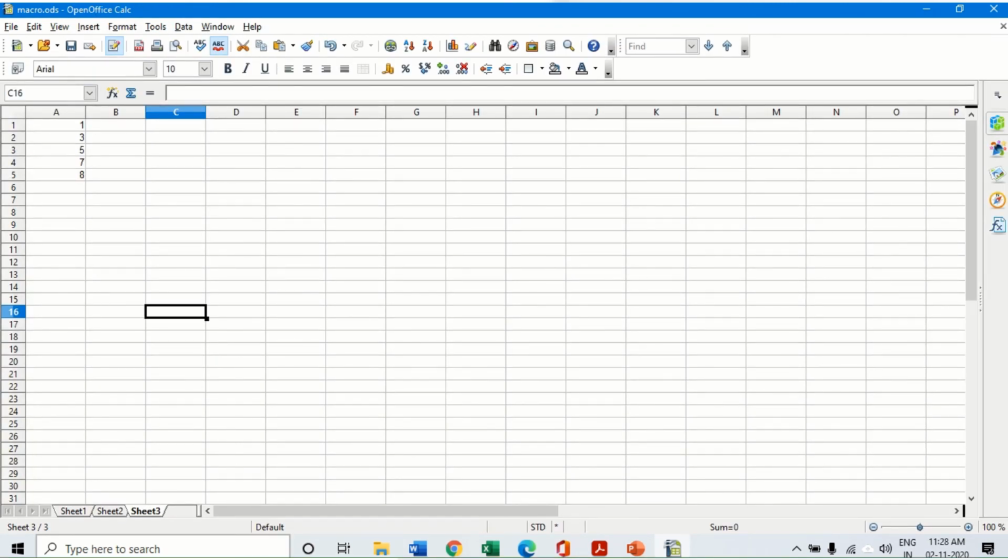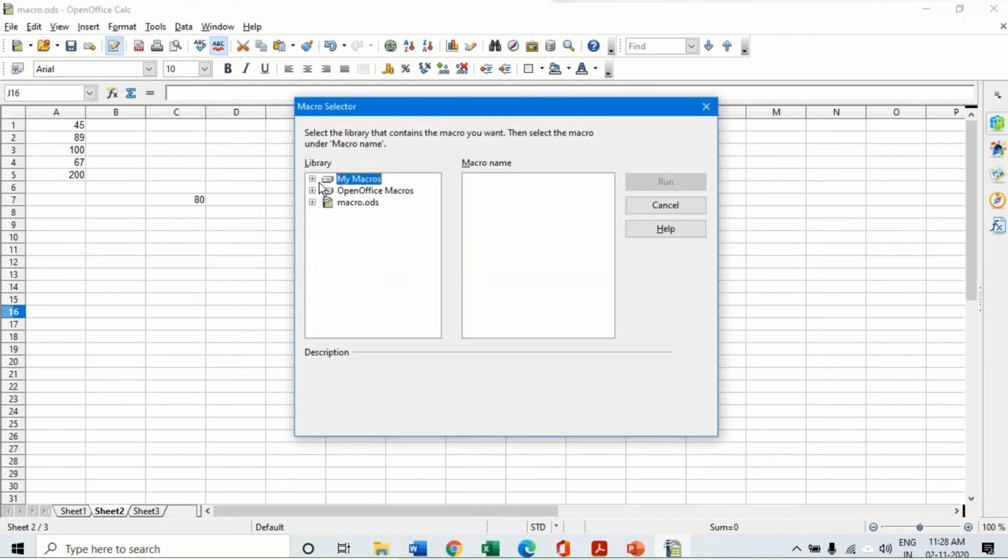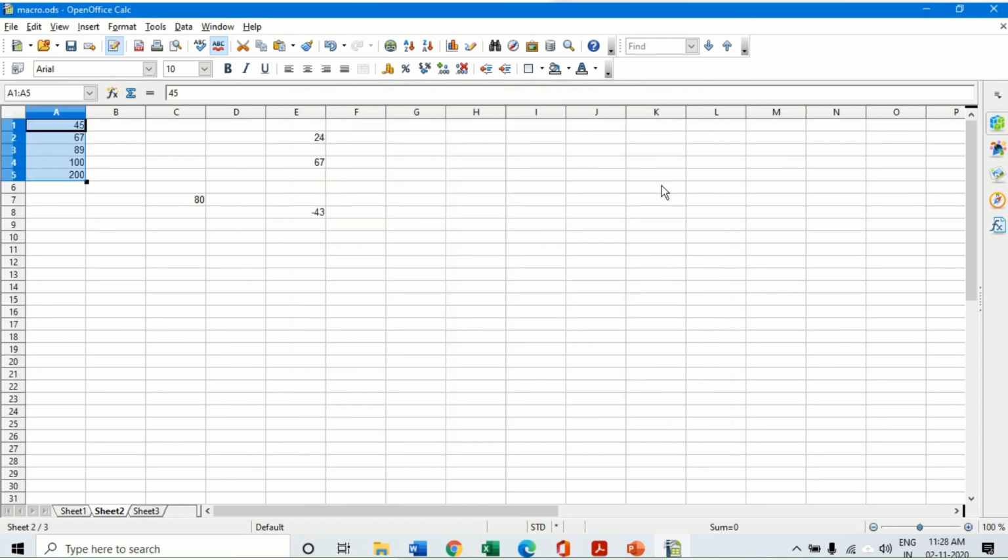Now if I want to run the same sorting macro on another set of values, I will simply go to Tools, Macro, Run Macro. My macro is in My Macros. I had saved it under Standard in the new module, and here we had done the macro called Sort. Click on Sort and run it, then it gets sorted in that order.